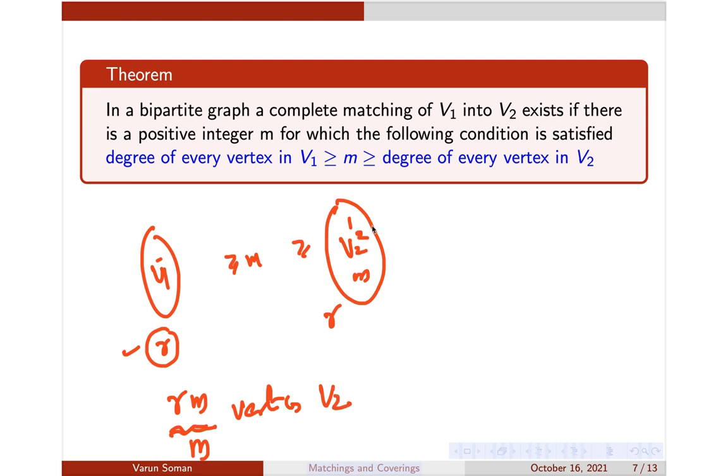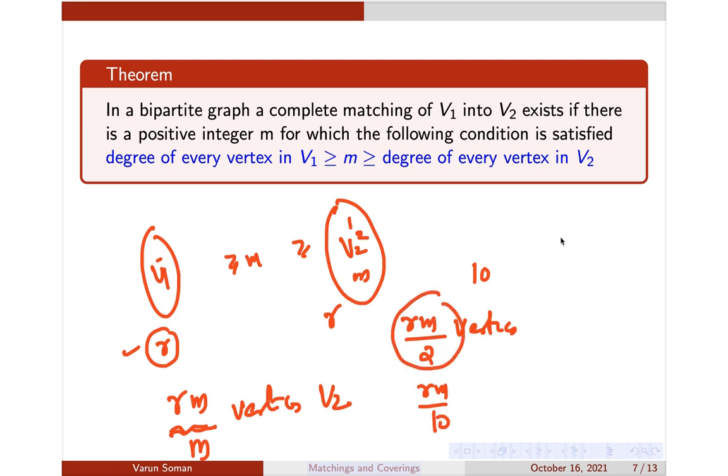Okay, for example, suppose each of the vertices in V2 has degree 2, and your m is this 10 there. Each of these vertices has degree 2 and your m is just 10. Now these Rm edges would have to be distributed among Rm by 2 vertices, because each vertex has maximum degree 2. Now tell me, is Rm by 2 or Rm by 10 bigger? You know that Rm by 2 would be bigger.